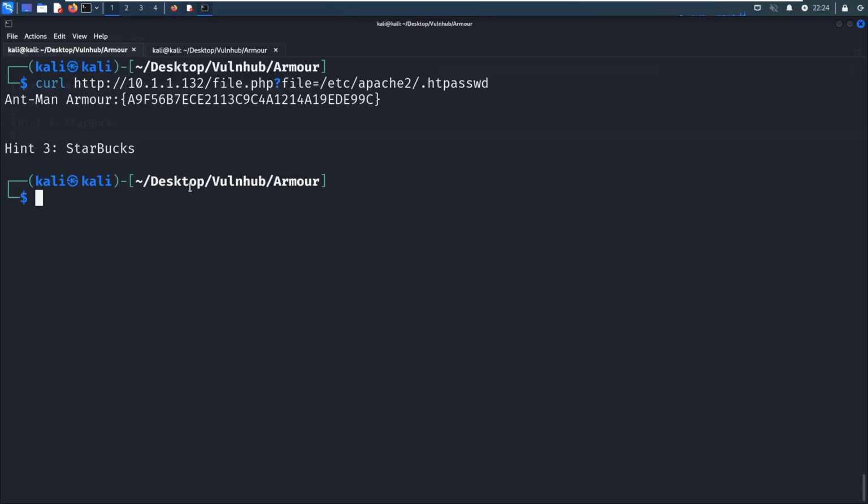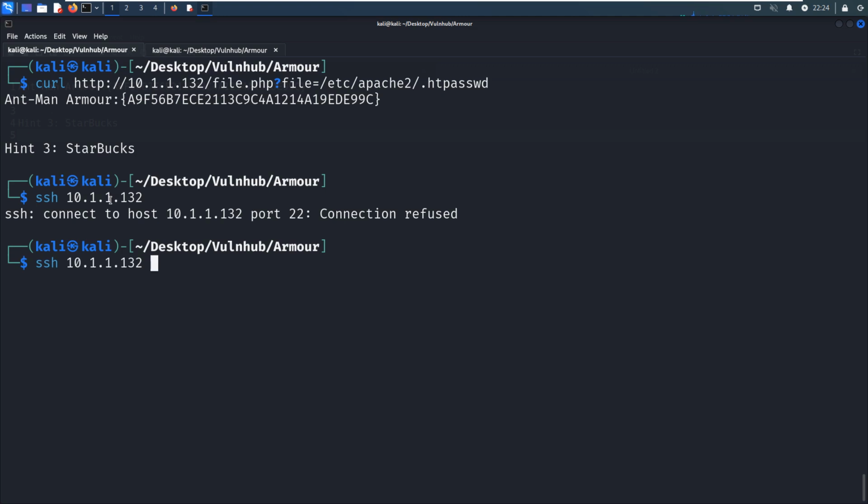Okay, so far we have already got the hint 3, and we can get another hint by SSH to the target. Normally we would not do it this way, but after all, this machine is a CTF-like machine. Oh, sorry, we need to specify the port number.